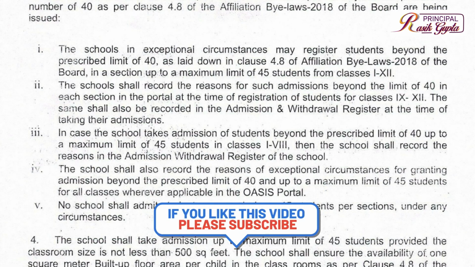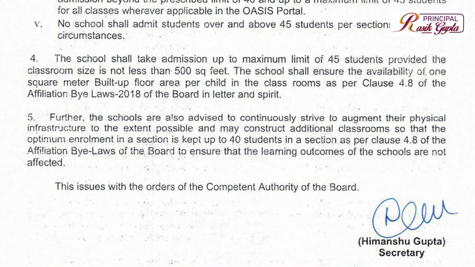Interesting. So this flexibility is more like a pragmatic relief valve for specific, justifiable situations, not a fundamental shift in the ideal class size. I think that's a fair way to put it. It's practical flexibility, but the long-term vision of 40 students for optimal learning holds firm. Right. So quite a nuanced approach we've unpacked here in this deep dive. CBSE seems to be walking a tightrope, giving schools necessary leeway for genuine student needs, those transfer cases, medical issues, and so on, while still holding the line on overall quality in that 45-student absolute limit. And emphasizing the need for adequate space and the long-term goal of 40.